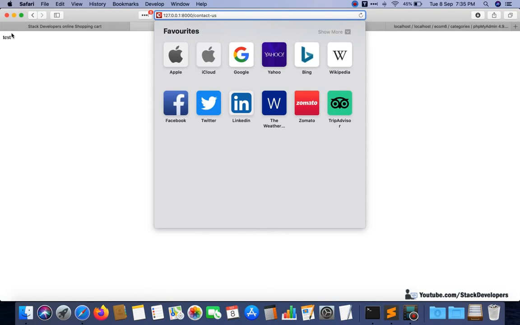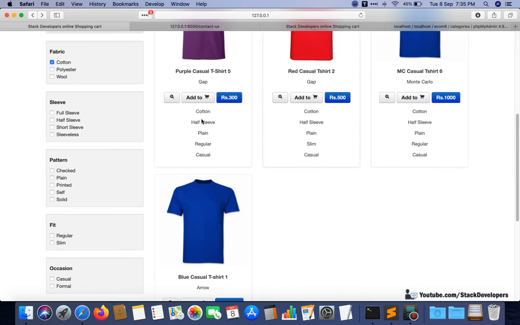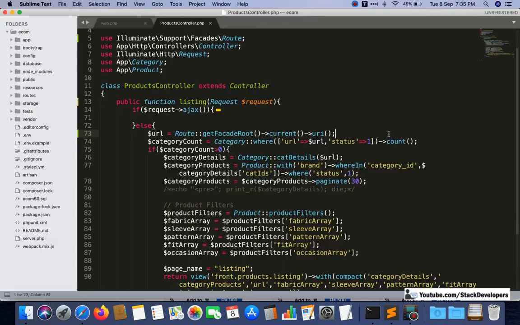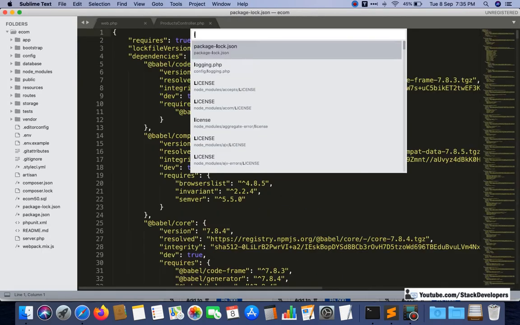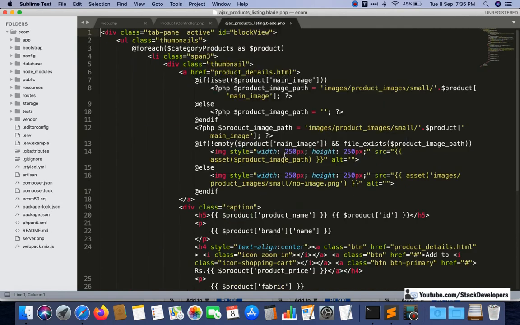I hope that this is very much clear to you. So this we have done in this video, and also remove the things we added for testing only. Now these are not required when our filters and sort are working fine, so you can remove them from the Ajax listing as well.